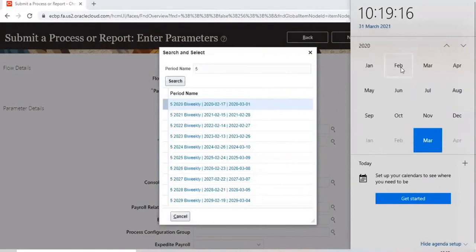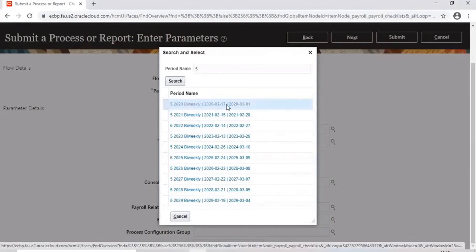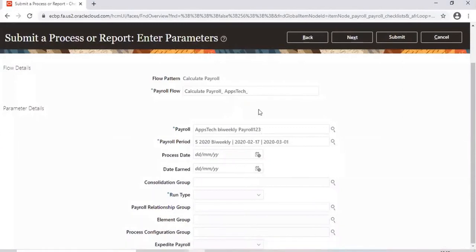For February, we have hired, so we have already processed 3rd to 16th for those two people. So let me just run for 17th to 1st of March, meaning this period. You can say here 17th to 1st. You can just give run one.